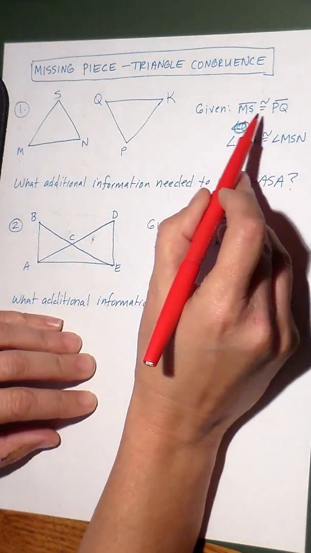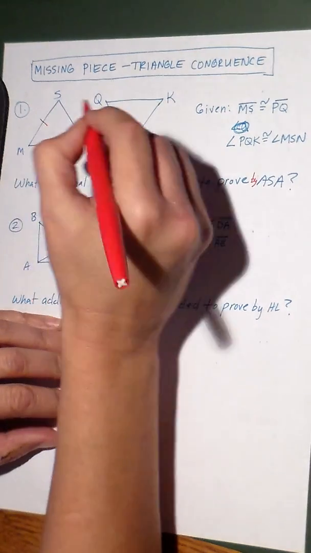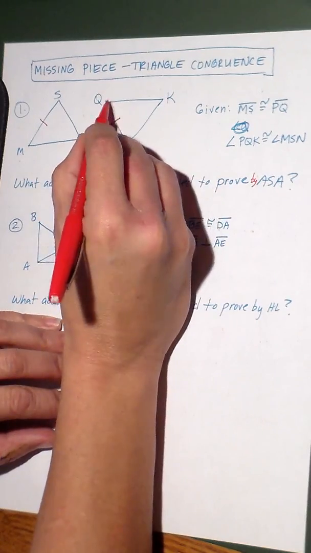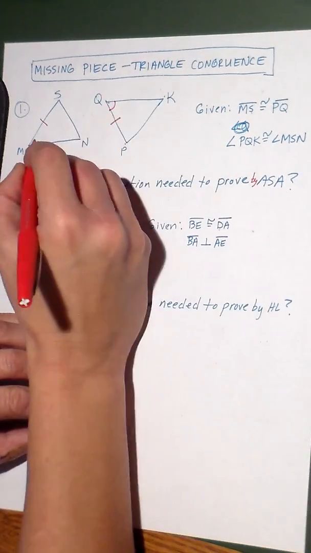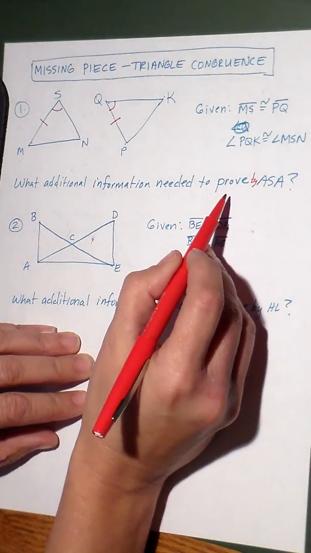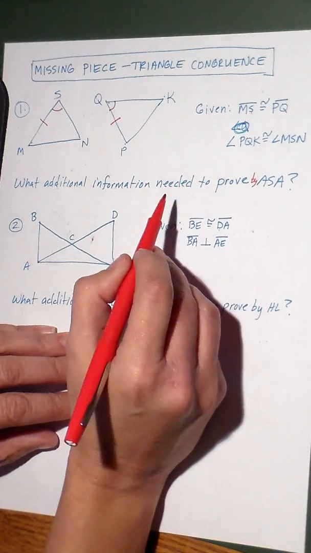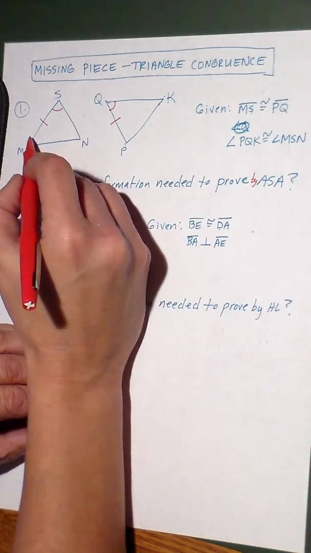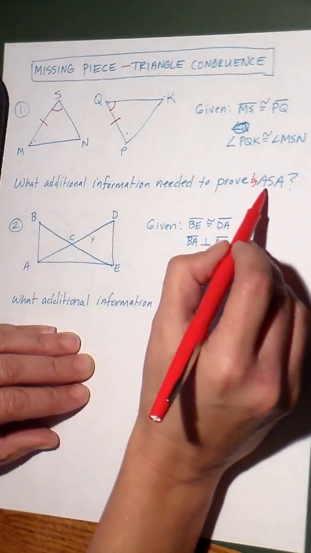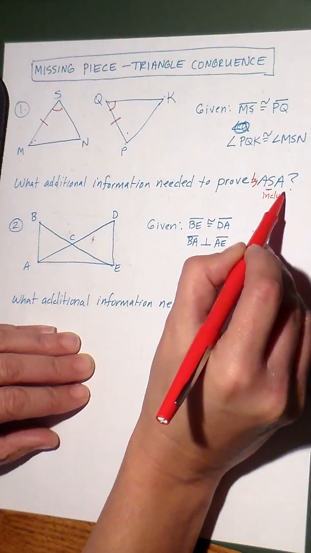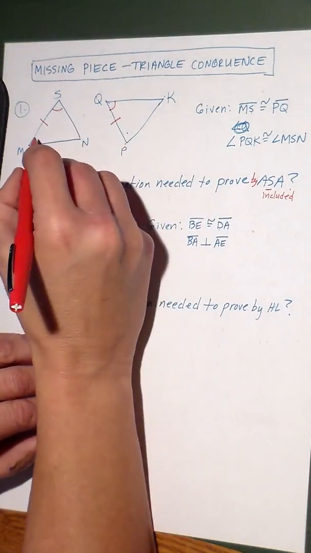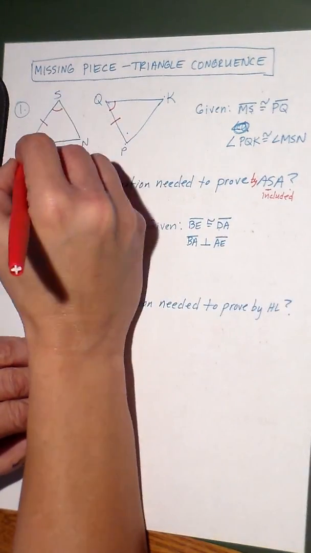If I'm given that MS is congruent to PQ, so I'm going to mark MS and PQ the same, and that angle PQK, that's this one, is congruent to angle MSN, that's this one. What additional information is needed to prove these are congruent by angle side angle? Well, that means I would need this angle and this angle for angle side angle, because remember, angle side angle is the included side. I'm going to keep using that word. That's the included side. So I would also need to know that angle SMN